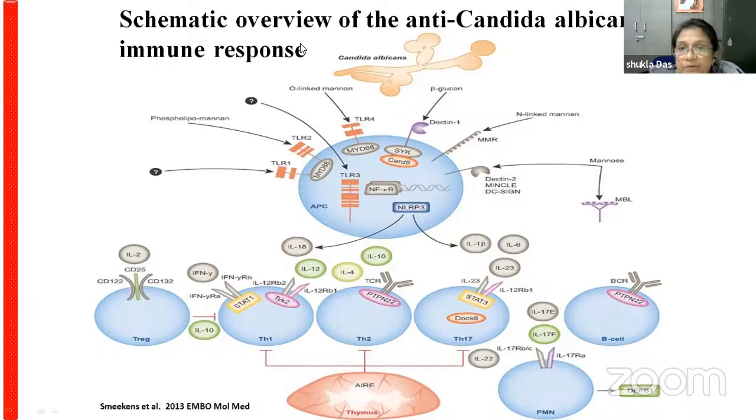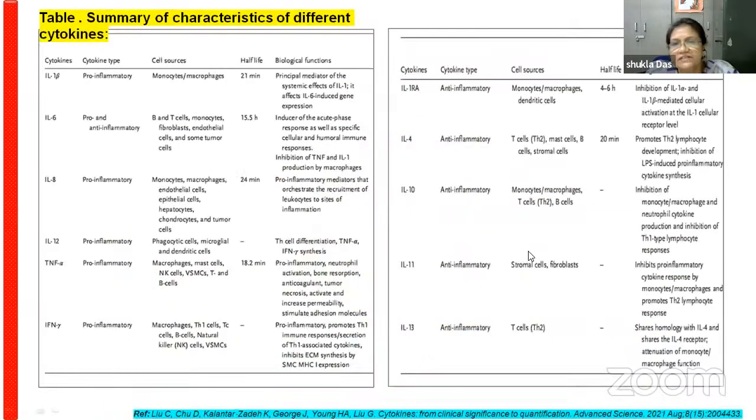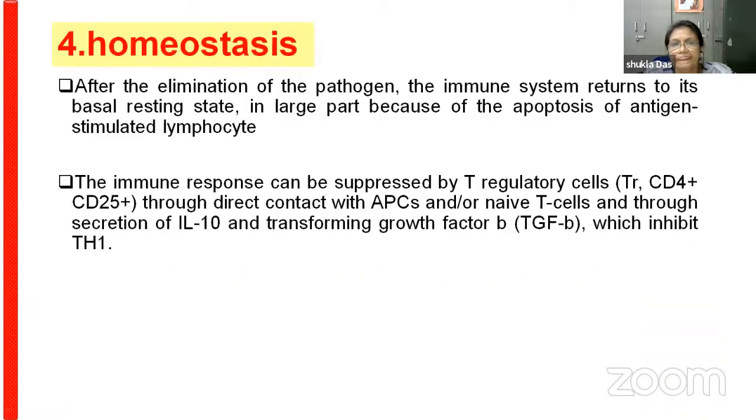After the APC has processed, then they release cytokines, and then either it is a Th1, Th2, Th17, B cell, and then the T regulatory cell also tries to inhibit the immune response, either bringing it down or leading to collateral damage. This is just giving you the half-life of the various cytokines which are released, inflammatory and pro-inflammatory. And last is homeostasis,